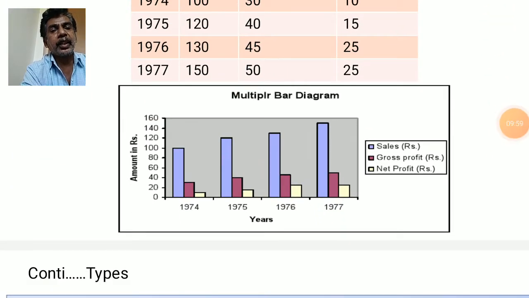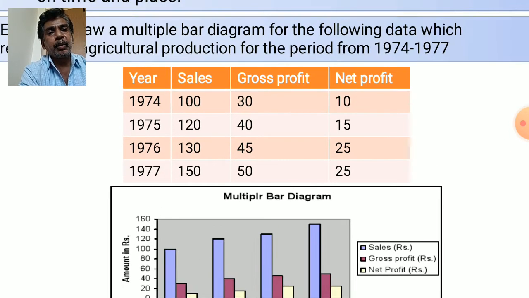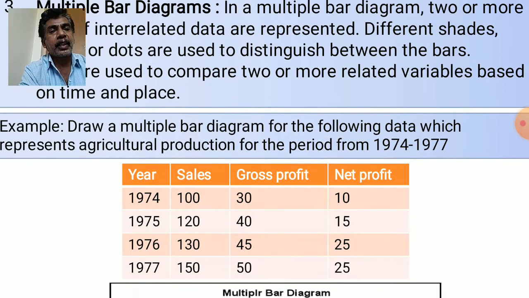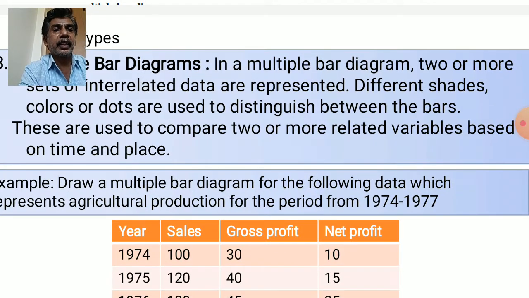By using the multiple bar diagram. So here, in the year 1974, how much is the sales, what is the gross profit, and what is the net profit. So here we clearly understand that a different